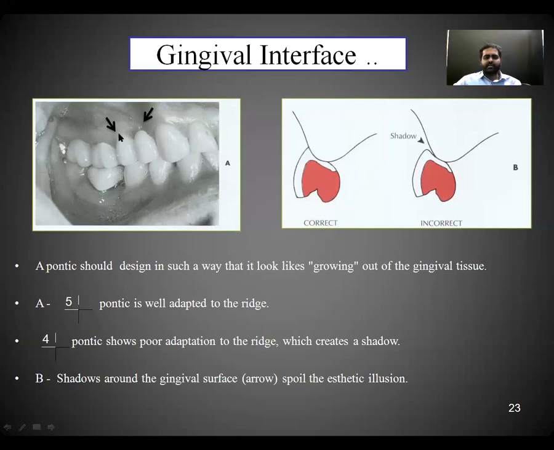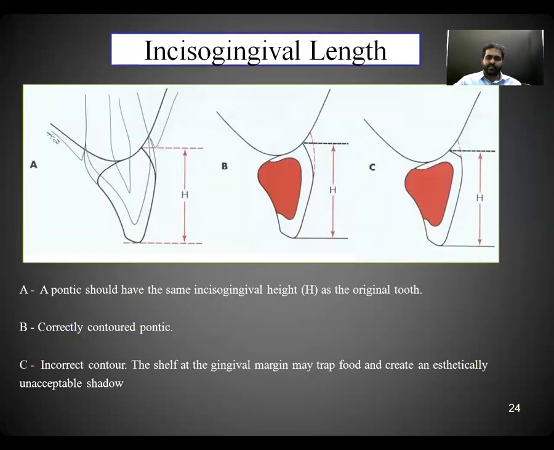It should look natural. Okay. Like in your A diagram, you can see two arrows, the first and the second, but the second one looks more natural when compared to the first one, the first premolar. The second premolar looks more natural because it looks like it is emerging from the socket. Okay, it's very nicely done. We can have an incisional length which is adequate. If it is not adequate, we'll have a problem in the aesthetics.